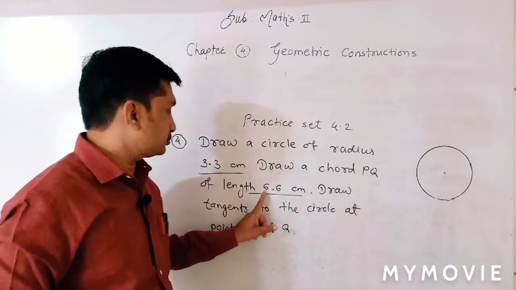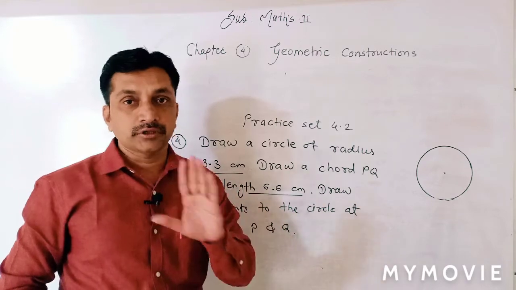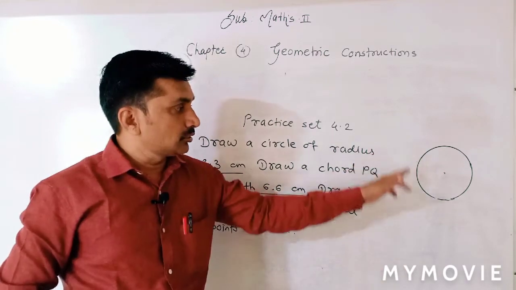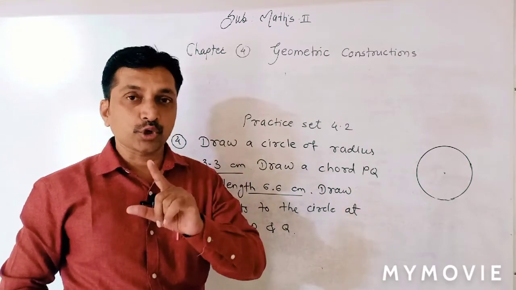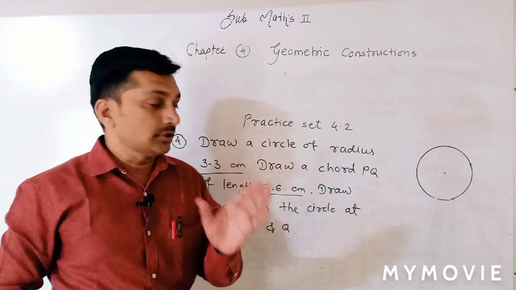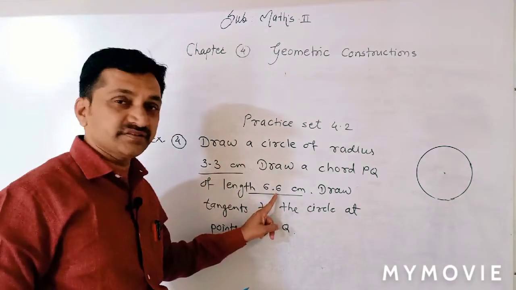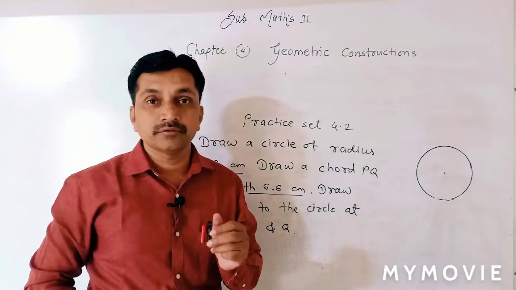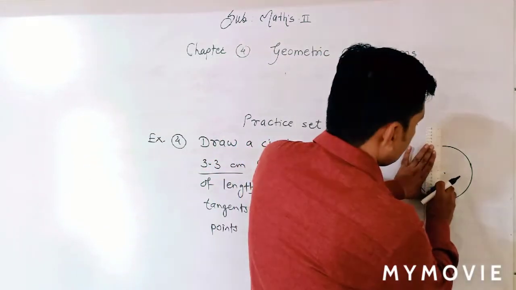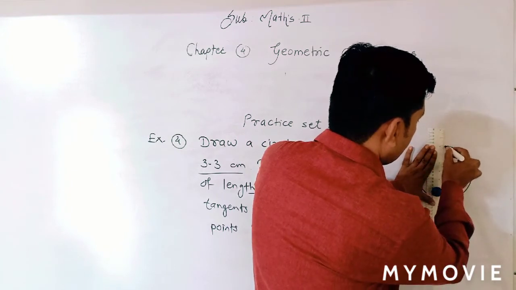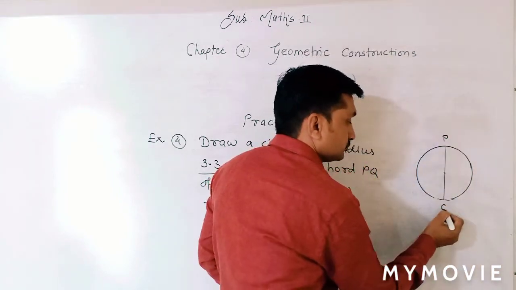Draw a chord PQ of length 6.6 centimeter. The chord is of 6.6 centimeter. Now, in the circle there is one more chord, the longest chord, and the longest chord is the diameter of the circle. Here the radius is 3.3 and the length of the chord is 6.6, which means double the radius, and double the radius is the diameter. Therefore the chord will pass through the center because it is the diameter. This is the chord PQ